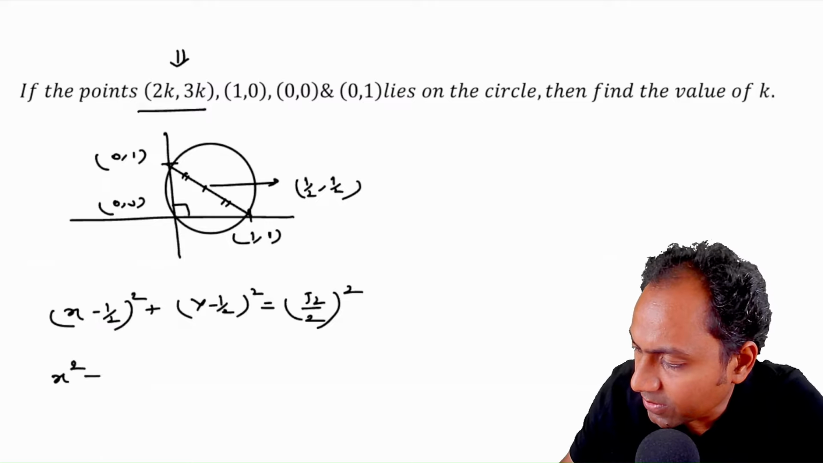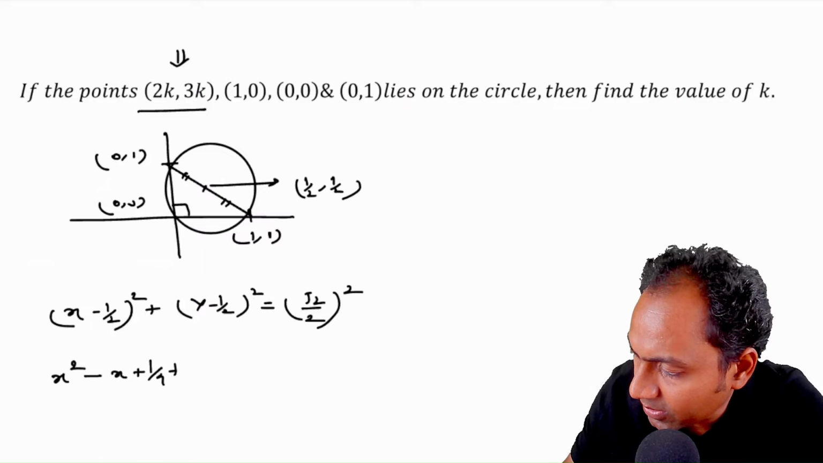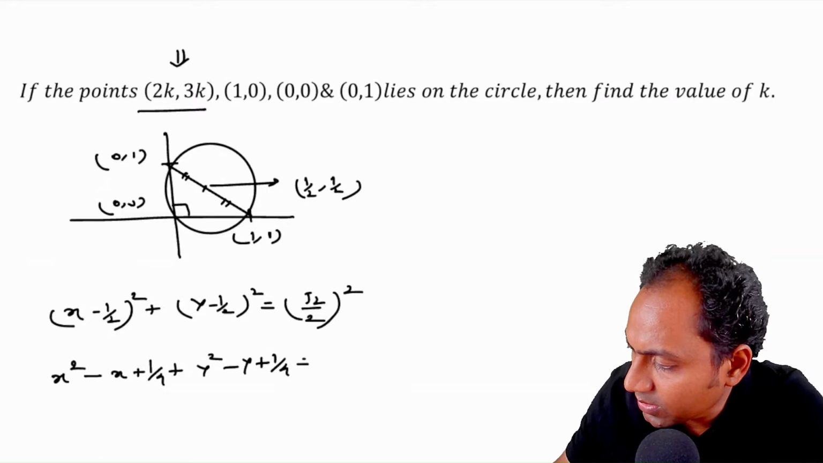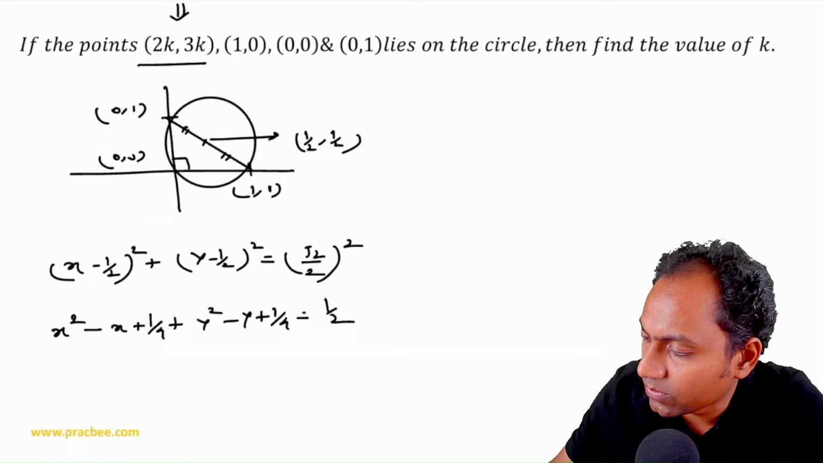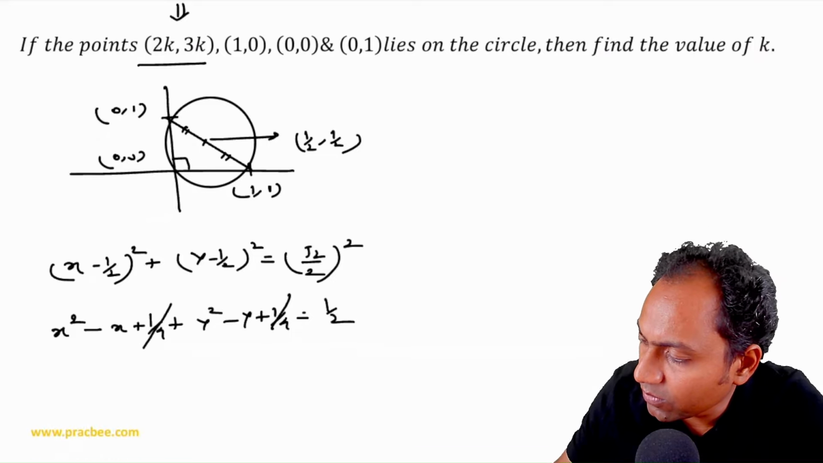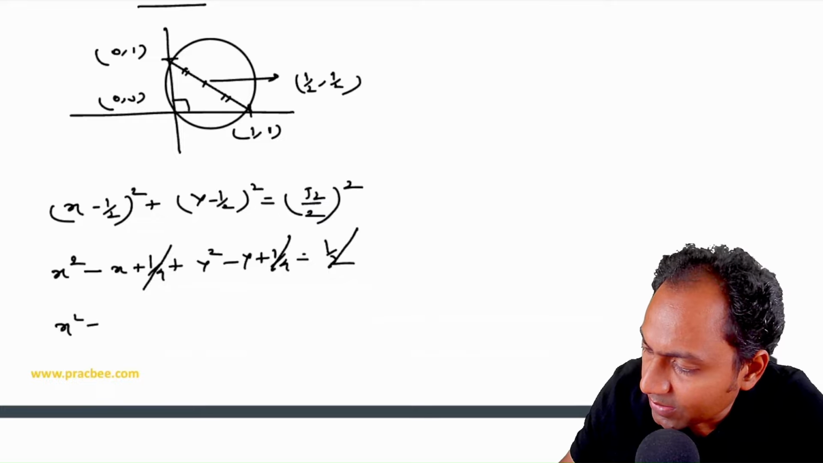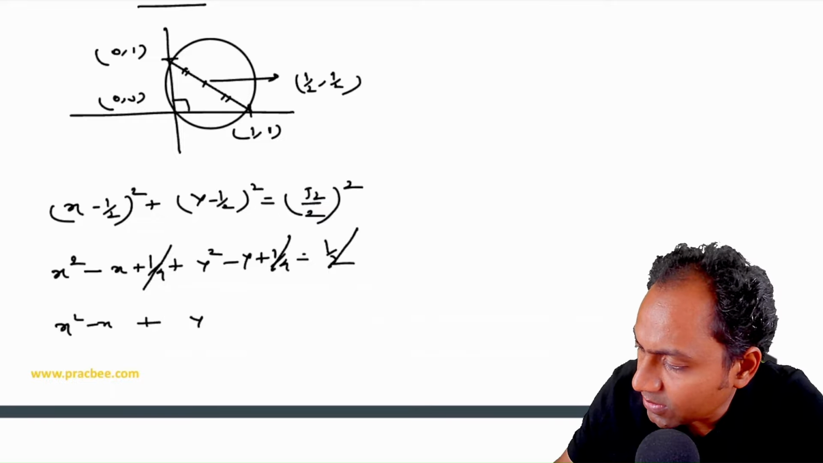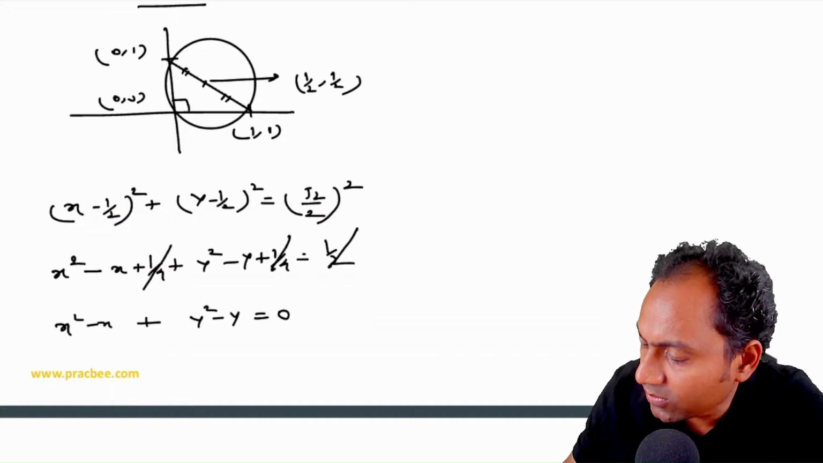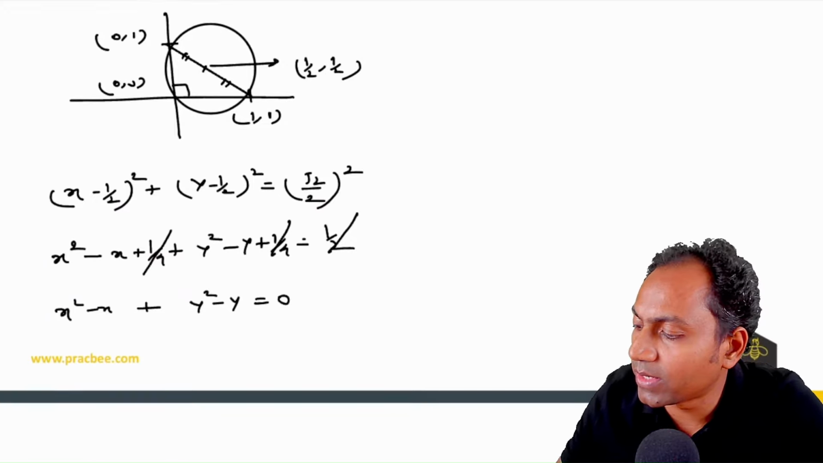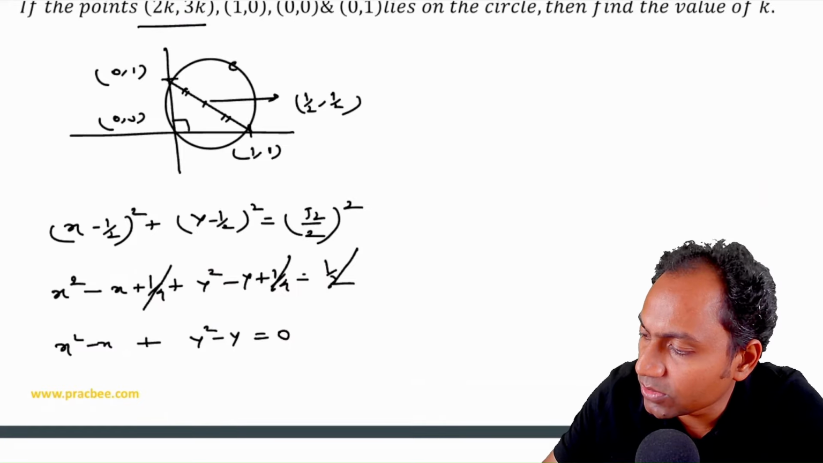So x² − x + 1/4, y² − y + 1/4 is equal to nothing but 1/2. So this 1/4, 1/4, 1/2 will get cancelled out. What we are left with is nothing but x² − x + y² − y = 0. And now what we can do is substitute the value of (2k, 3k) into this. So there is a point